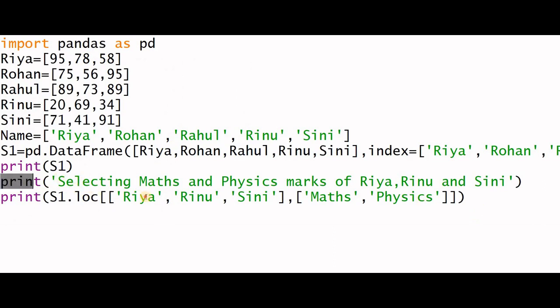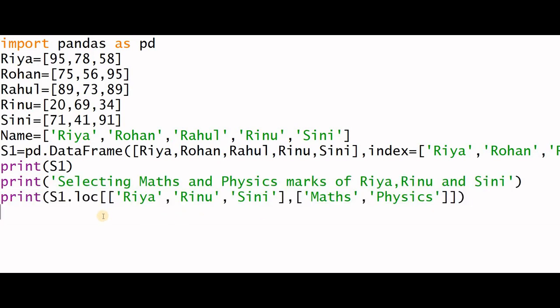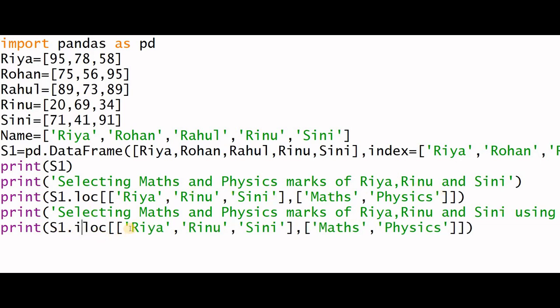Copying the same statement. Selecting maths and physics marks of Ria, Renu, Sini using ILOC. So here, instead of LOC, we will write ILOC. Ria, Renu, Sini. We will write the corresponding integer index values. So here, Ria is at the 0th index.